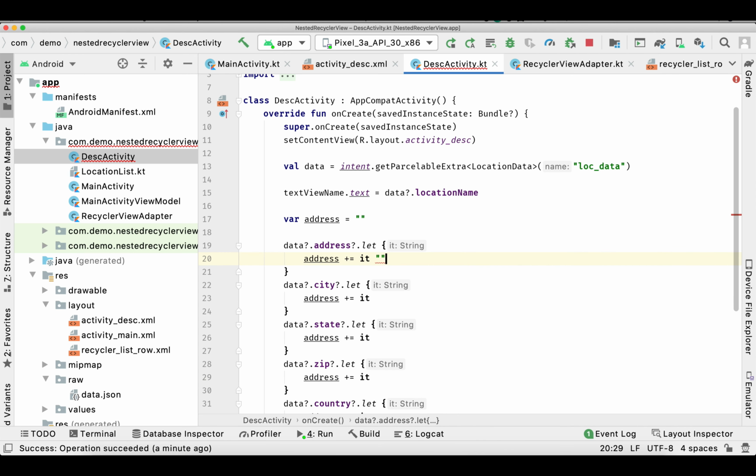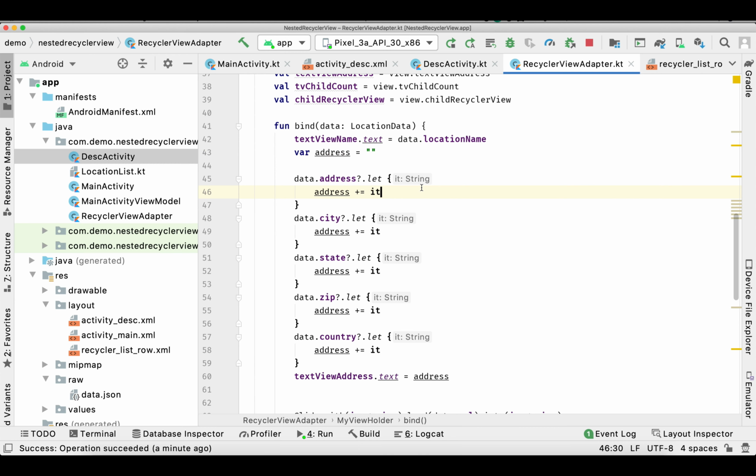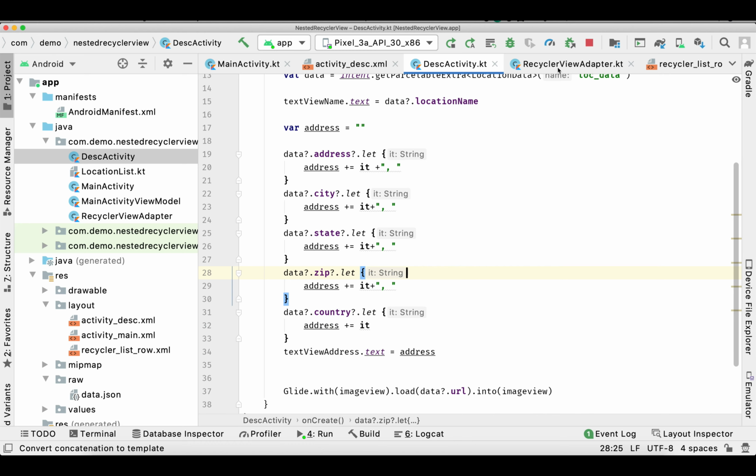Okay, so I forgot to add the comma. Let me add the comma inside each value. Similarly, we'll do the same in the adapter. Actually, we don't need it after country, that is the last value. And same here, we'll remove it from here.